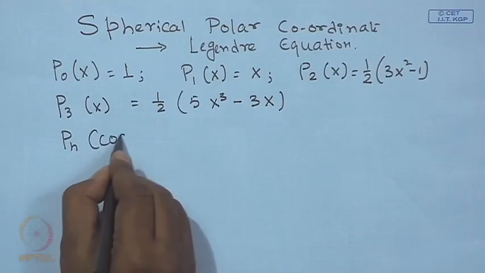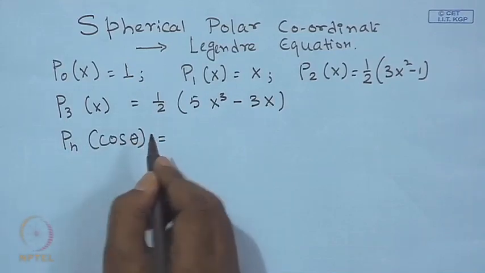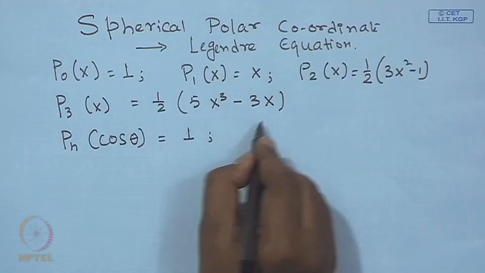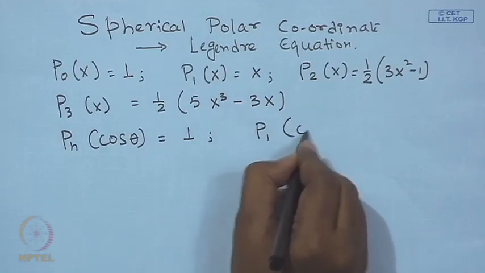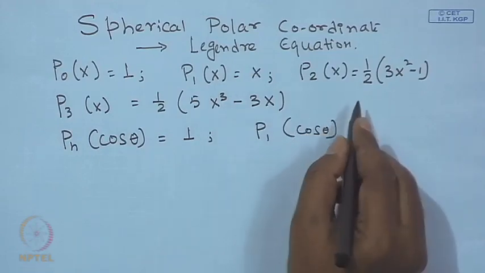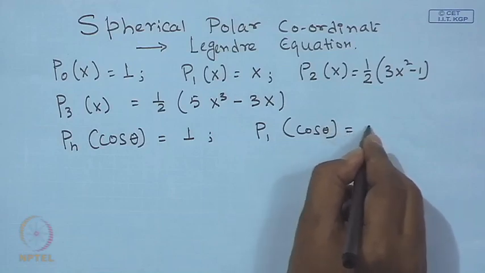P 0 cosine theta is 1, P 1 cosine theta is cosine theta,